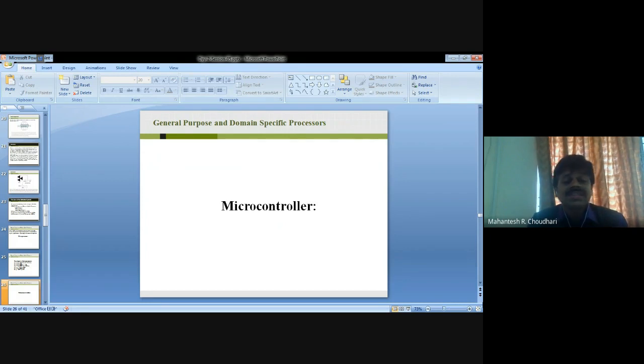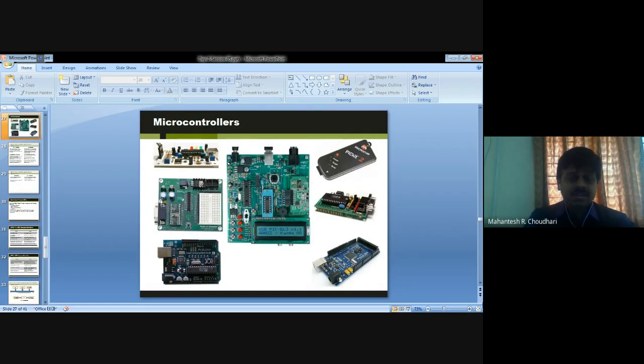Then there are microcontrollers like the Arduino family: Arduino Nano, Uno, Duemilanove, and there are many others, like the Arduino Mega. Microcontrollers are cheap, cost effective, and readily available in the market. Texas Instruments TMS 1000 is considered the world's first microcontroller. There are a few families of microcontrollers, so we have listed them here.